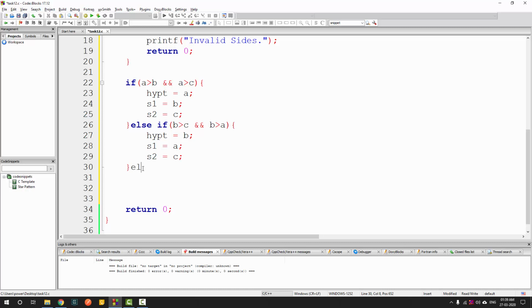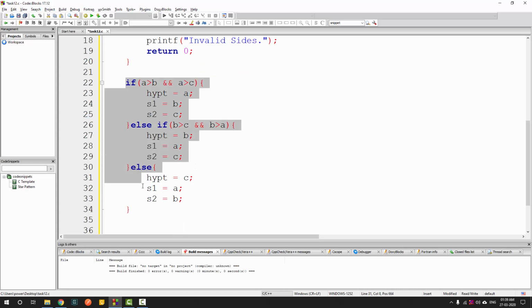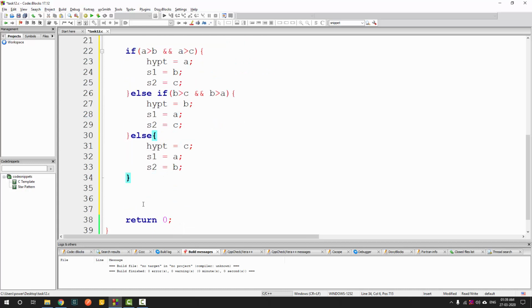And if none of them satisfy, that means c is the largest, right? So the same thing I'm going to take, and this time c is the hypotenuse and a is s1 and b is s2. After this if condition runs, we now have the hypotenuse and these other two sides, right? Now the only thing remaining is to use the Pythagoras theorem